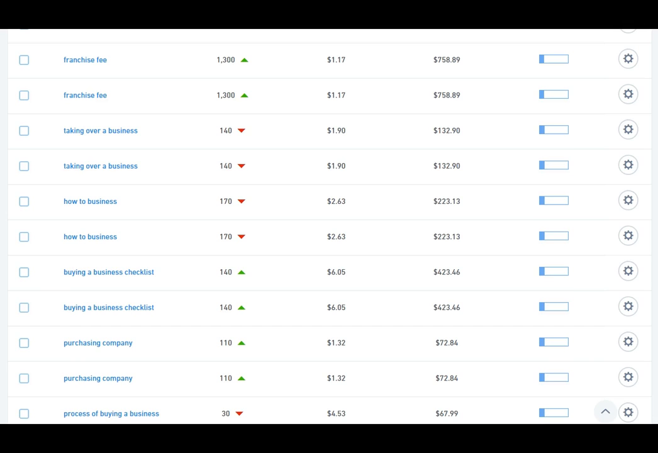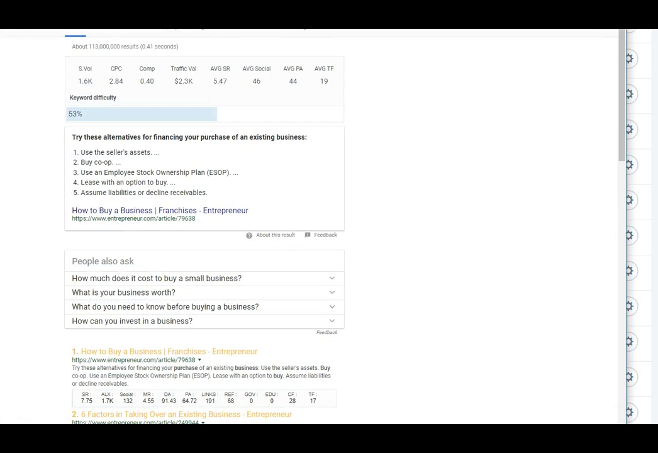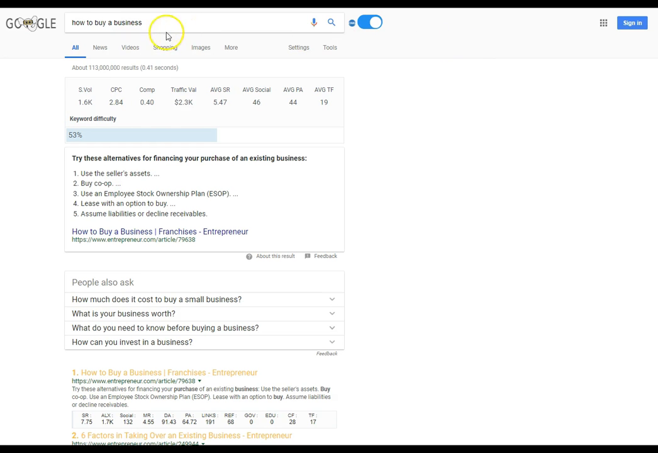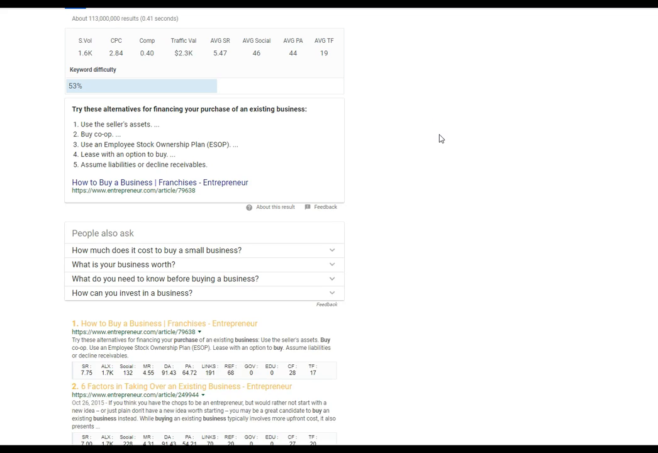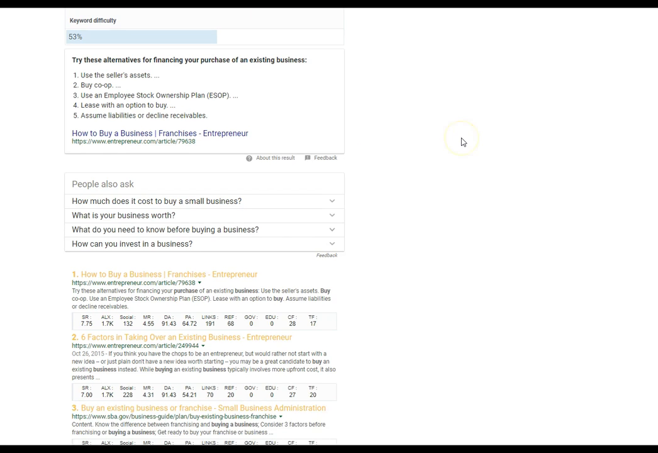So I'm going to show you keyword difficulty on just a few keywords. This keyword is how to buy a business. It's at a 53% difficulty, but it has 1,600 search volume per month. 1,600 people are searching for this keyword. Percent is kind of cool. It's going to take anywhere between 12 to 15 months to rank for the keyword, but we're going to have